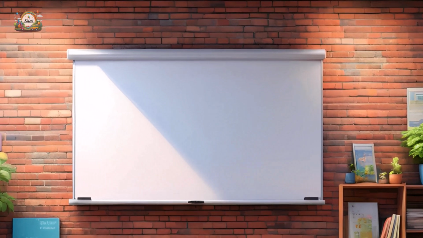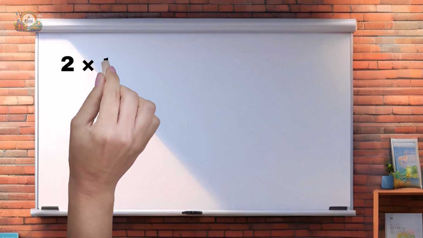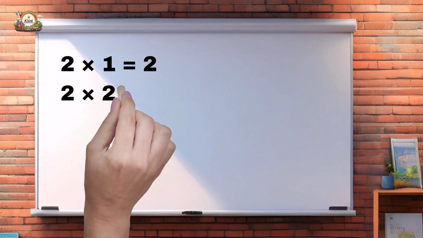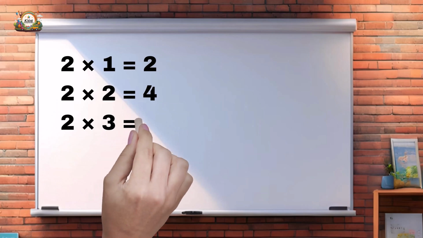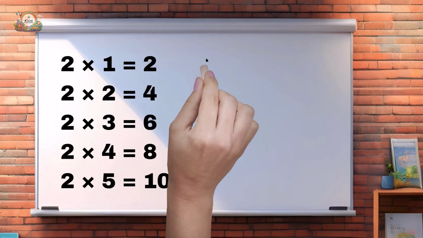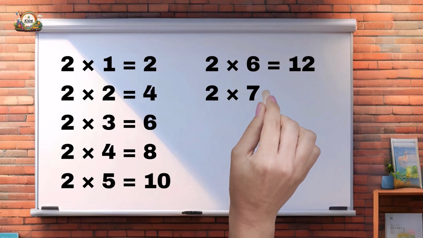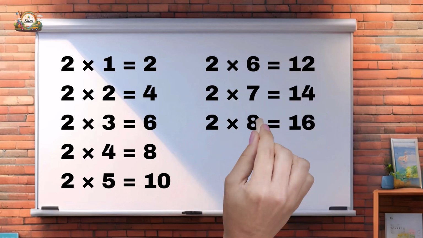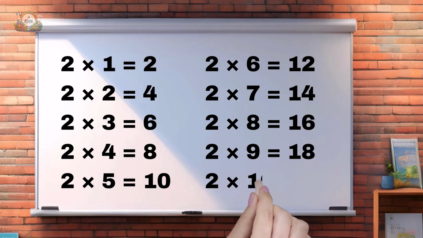Now let's say it together. 2 ones are 2, 2 twos are 4, 2 threes are 6, 2 fours are 8, 2 fives are 10, 2 sixes are 12, 2 sevens are 14, 2 eights are 16, 2 nines are 18, 2 tens are 20,